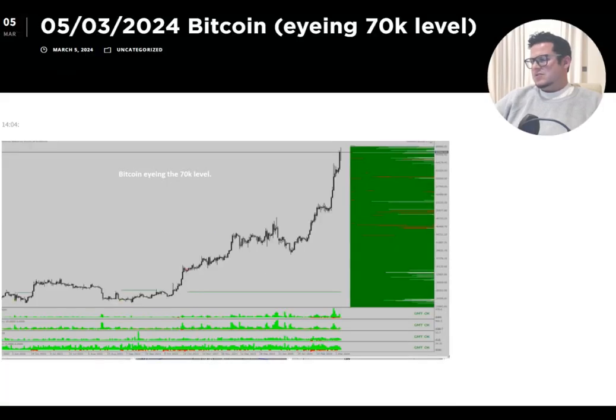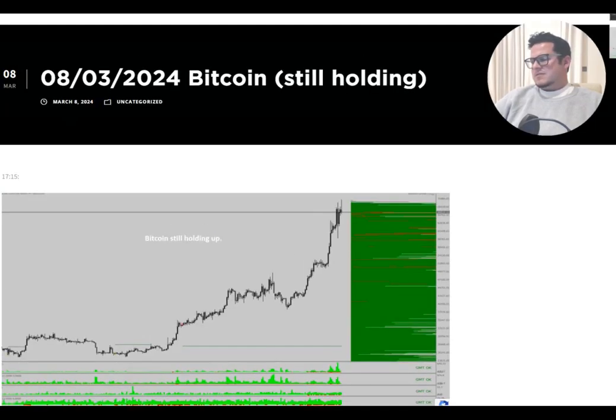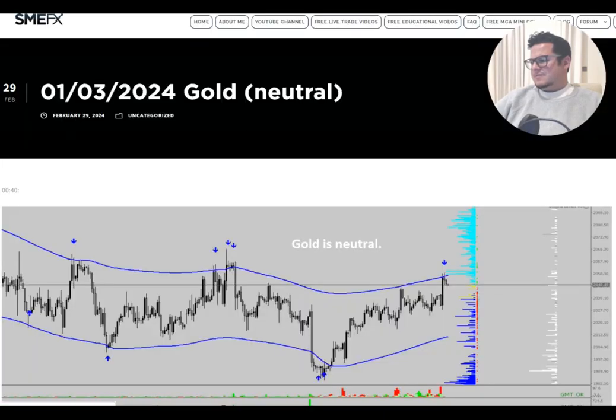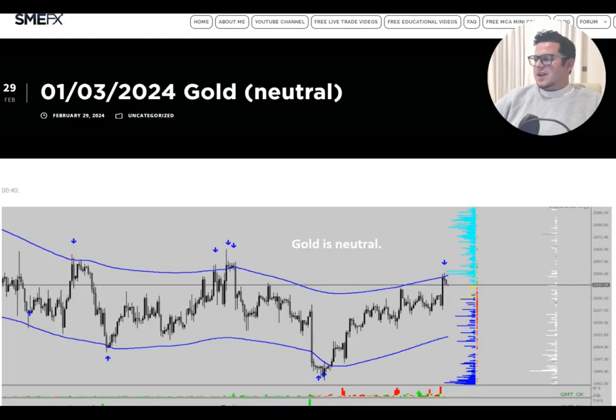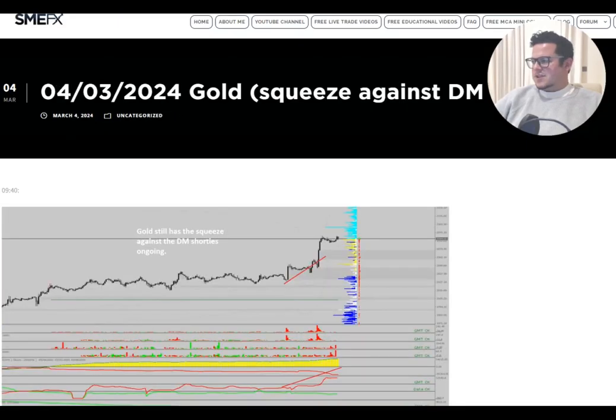Do not try to short-term trade the cryptos. It doesn't make much sense, okay? This is more of a long-term investment play. The metals, okay, so that was interesting. So gold, as you can see,